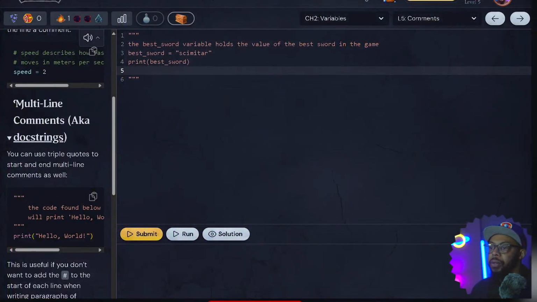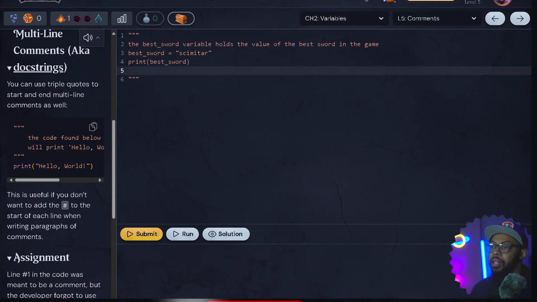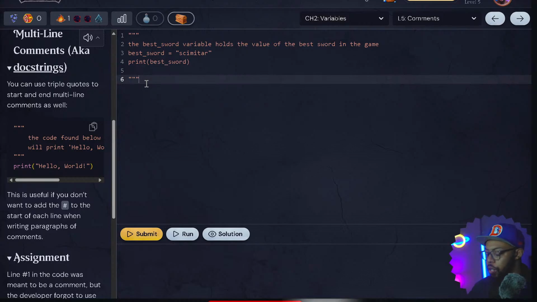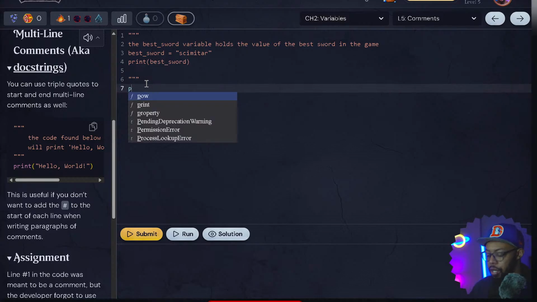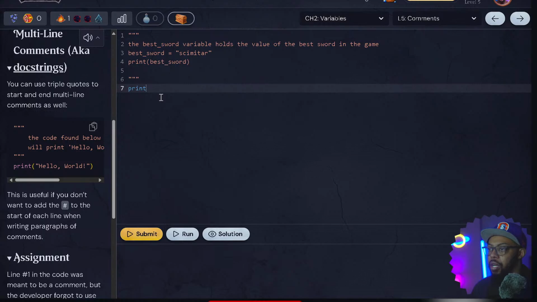So anyway, with that being said, we see that all of this is going to be printed out, and then they want us to print hello world under. I don't even know if this is the actual task, but I'm just following along. Hello world. Probably not, but